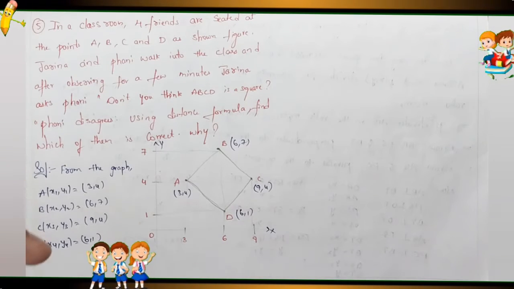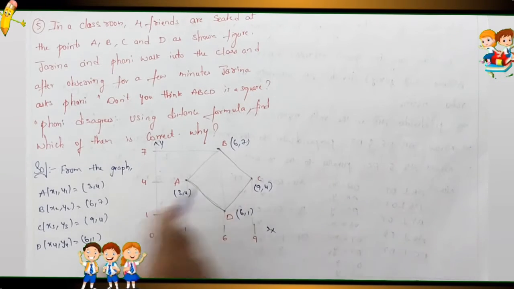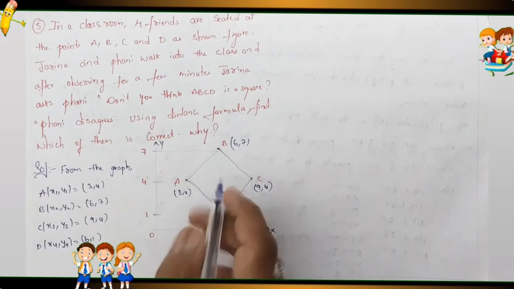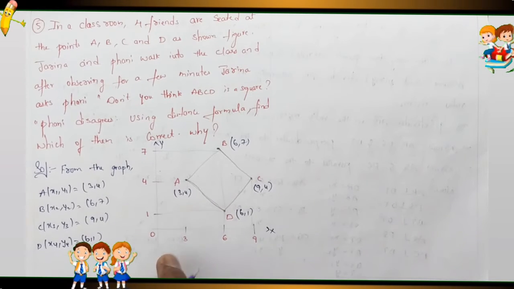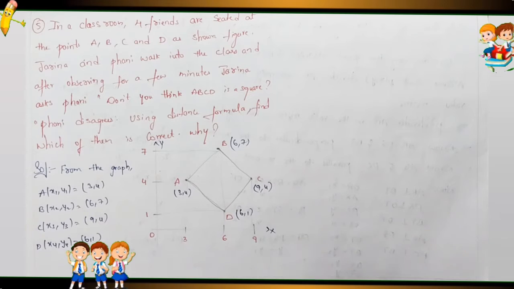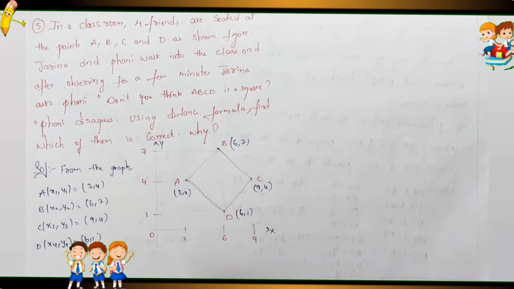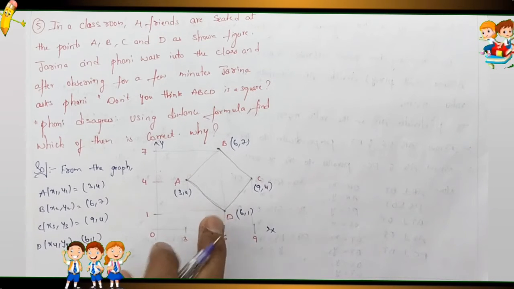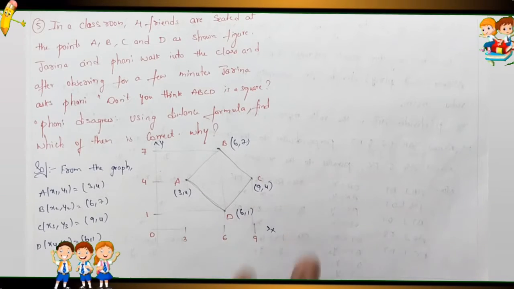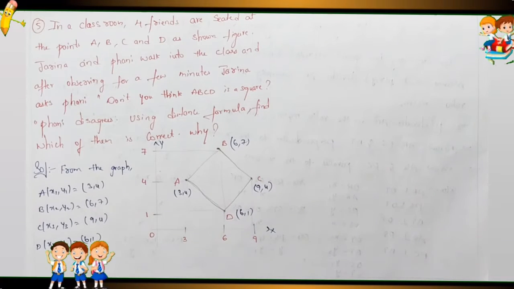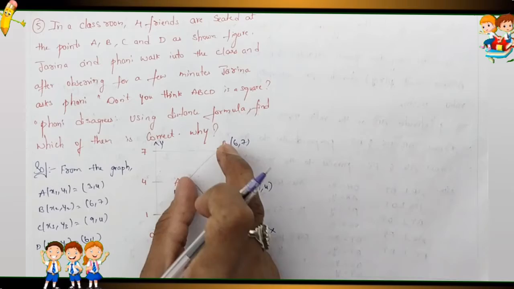In a square all sides are equal. Diagonals are also equal. Okay, if all are equal, it is a square. If they are not equal, you can say that it is not a square. If it is correct, we can say it is correct; if it is wrong, it is not. Okay, simple. Now by using the distance formula, we can find out.